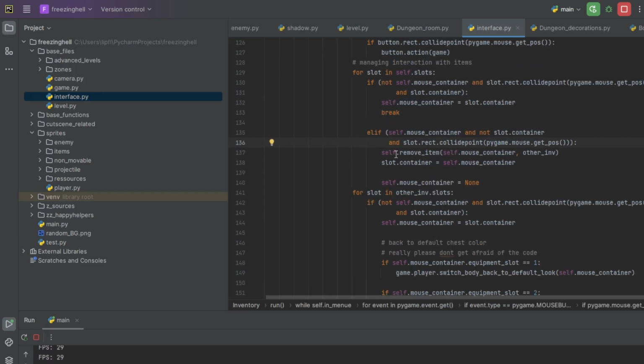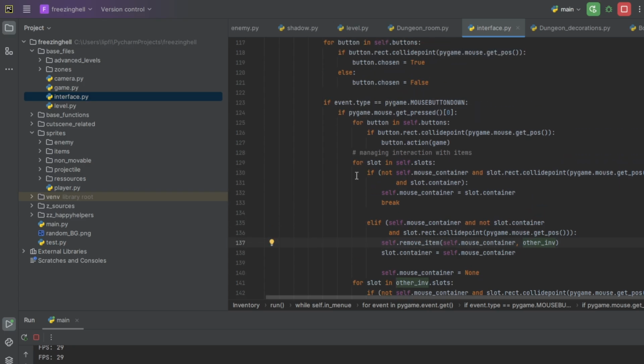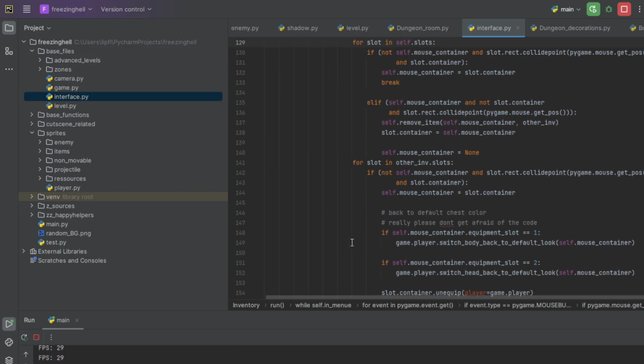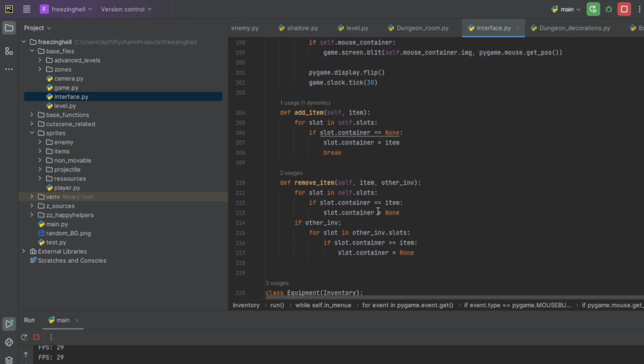For example, if the self mouse container contains something and the slot container here is empty, it will transfer from the mouse container to the slot container in the inventory, and this all happens if you click somewhere. It loops through the slots, checks if you collided with a slot, and then decides what to do. Pretty simple, pretty logical.